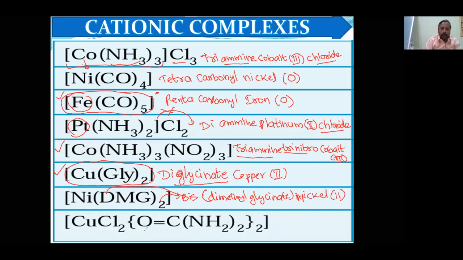Okay. Now here I will explain. See, dichloro. Okay. This is called urea. Dichloro bis urea copper. Here two are there, so therefore it will be bis. Okay. So it will be dichlorido. Dichlorido bis(urea). In bracket you will write urea, then copper. Okay. Not cuprate. Copper. Oxidation number will be 2.